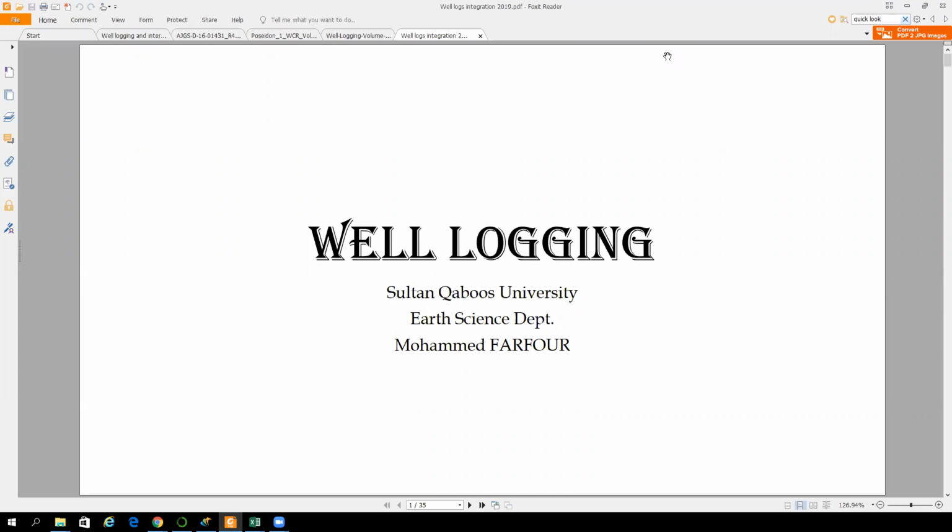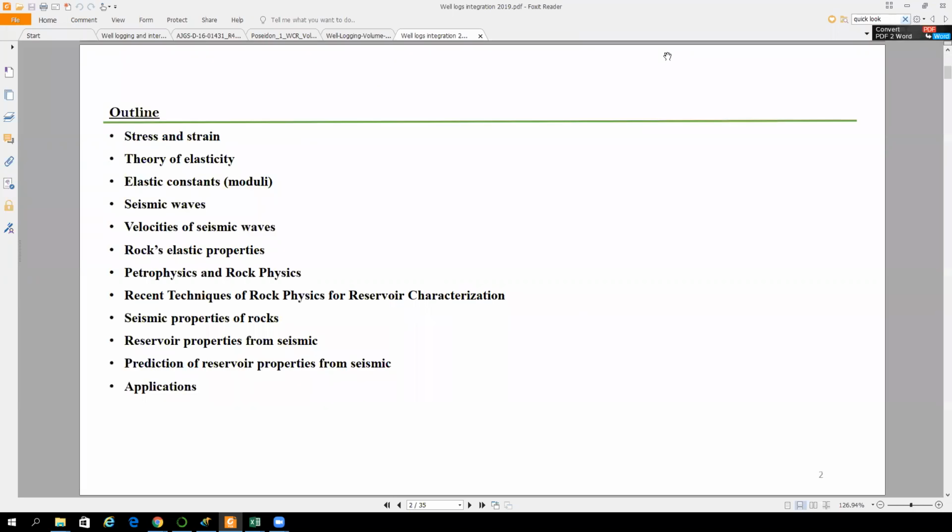Our topic today, which will be the last lecture, is about well logging data integration. We will see how the logs and the logging data can be integrated with data which are not recorded at the borehole,